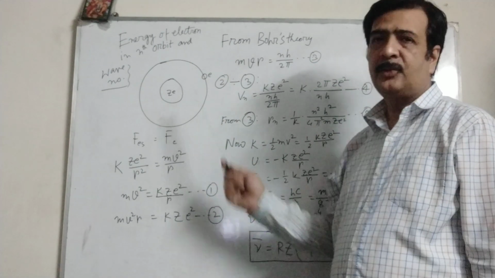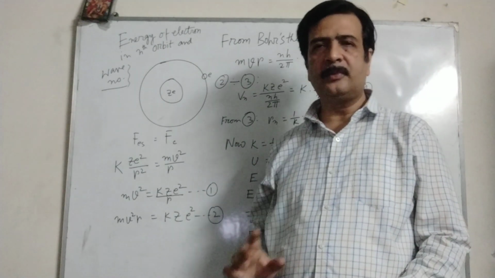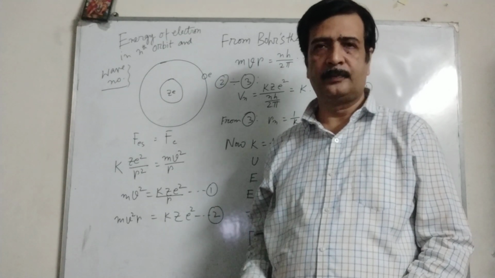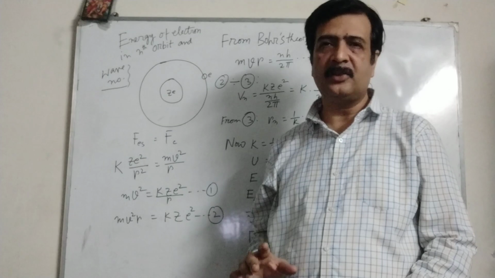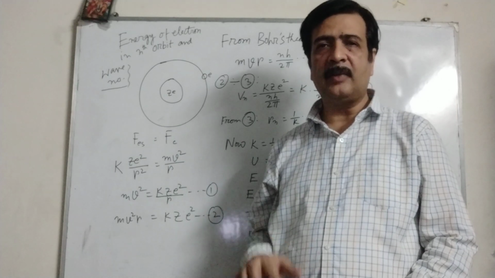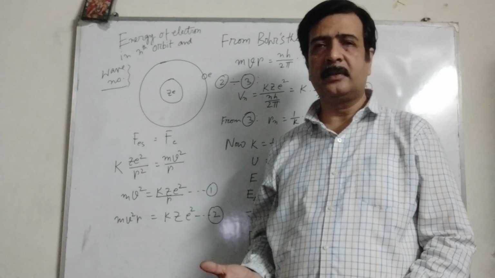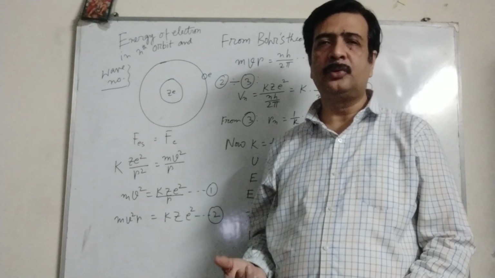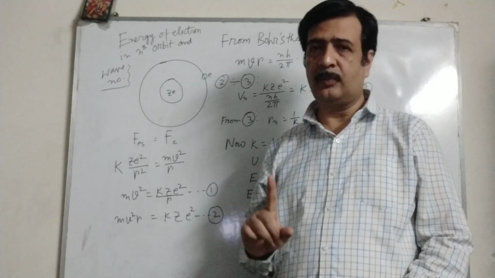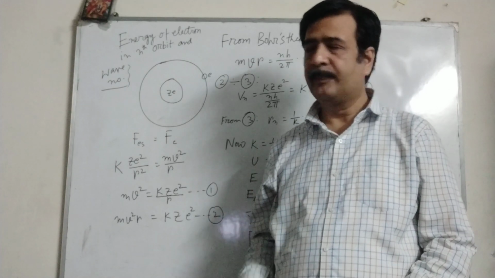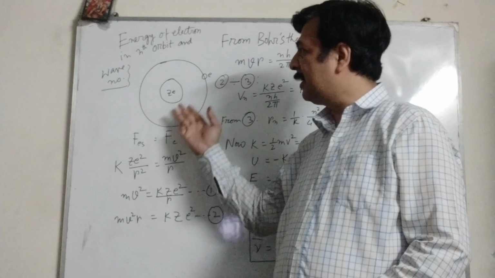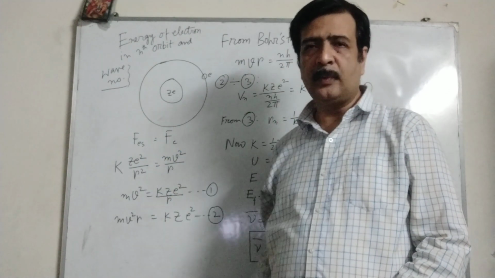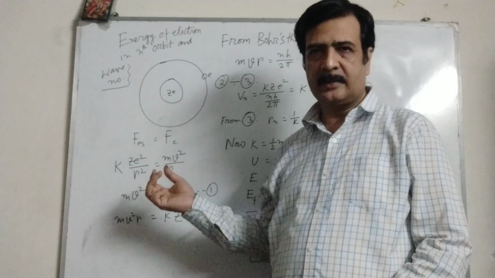I have taken one hydrogenic atom. In the hydrogen atom, you know, there is one electron and one proton. So here Z is 1. But in the case of a hydrogenic atom, Z may not be 1. Z may be 2, 3, like that, but the electron is only one, like hydrogen. If we simplify and take hydrogen also, then Z will be 1. So it is the general treatment.